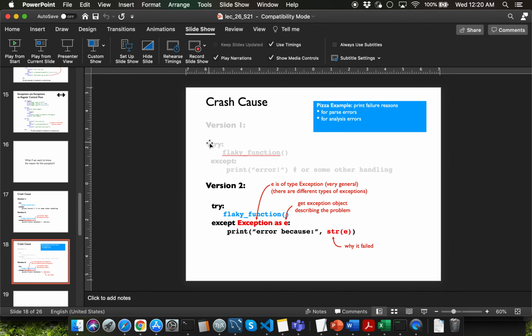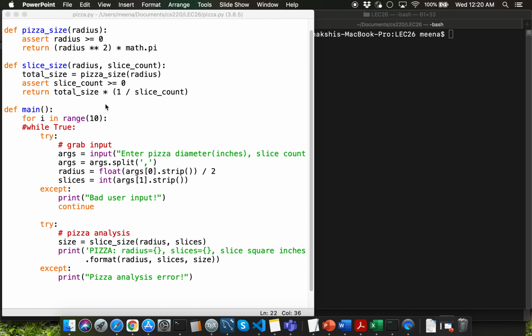Let's go back to pizza.py and we are going to display the reason for the exceptions that are getting caught by each of these except blocks over here. We have to type in the name of the type, which is going to be Exception after the except keyword. And then we'll have to type in the keyword as, and let's use the variable name as e.